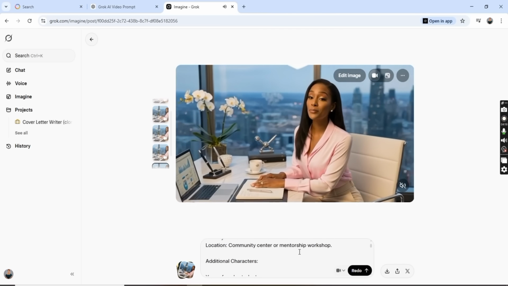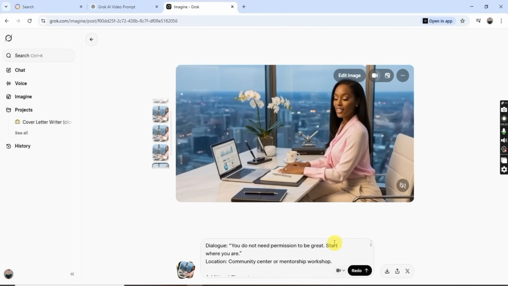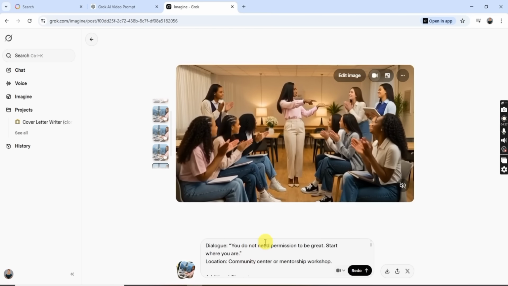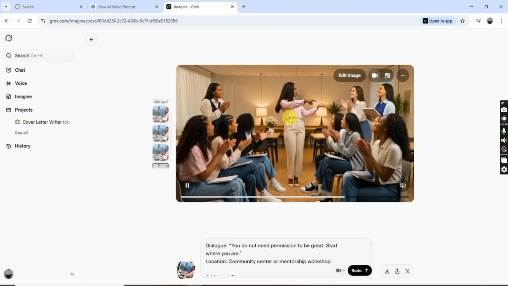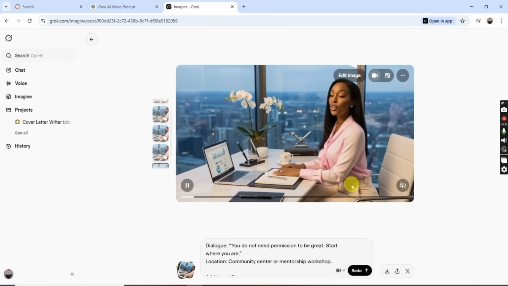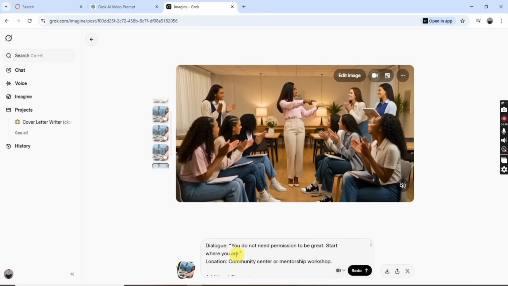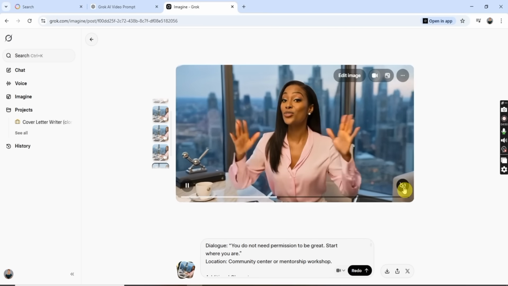Now you can see here, this is the dialogue. You do not need permission to be great. Start where you are. Since this dialogue stops somewhere here, the AI needs to add something else to the Grok video that aligns with what she is saying. Do you understand? So listen to the